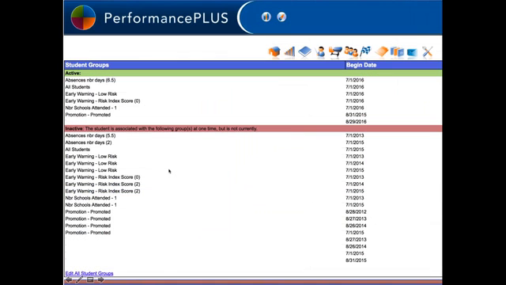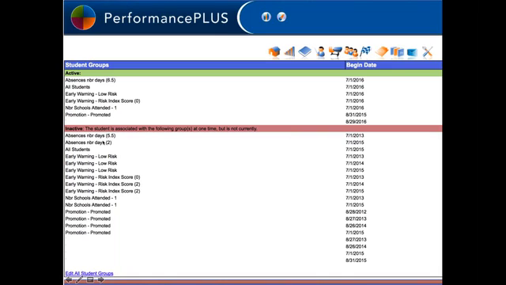When you scroll down a little more, you end up in the student group section, so you can see what kind of groups these students have been in. Have they been in any kind of risk category? You can see the number of days attended. I can't remember, what does that mean? Karen, help. Number of schools. So it just says that within that school year, 2014-15, that student attended one school. Good. That makes sense.